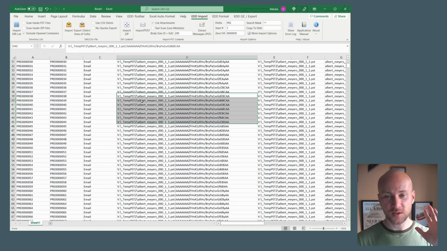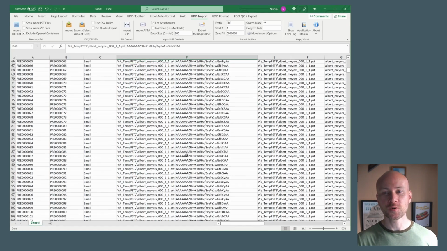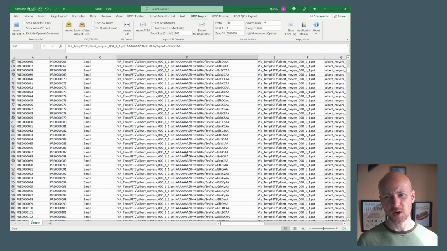Now, this is not meant to be used for huge PSTs or large scale. We're dealing with Excel here, right? We're only loading a few thousand rows here and there. This is a quick preview. So don't think of this as processing where you throw gigabytes of data into it. This is not that. This is simply a preview, or another way we can call this, I guess, a